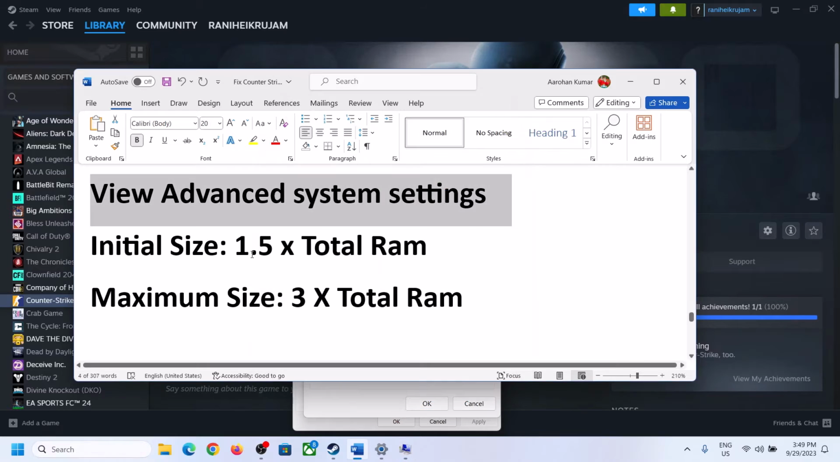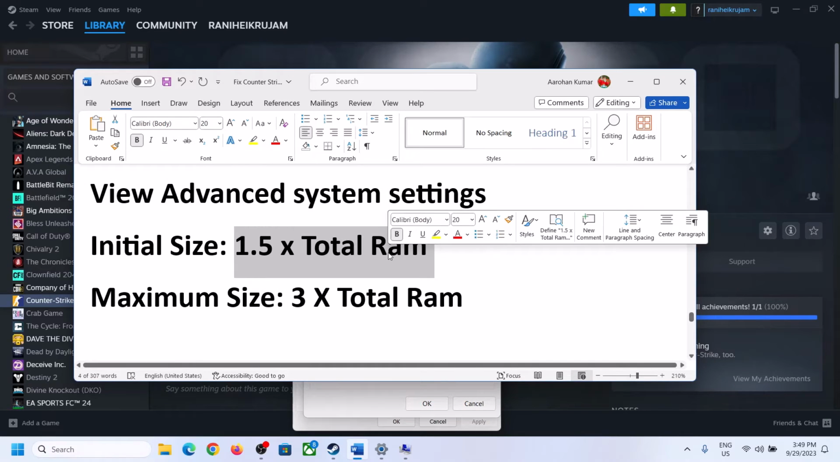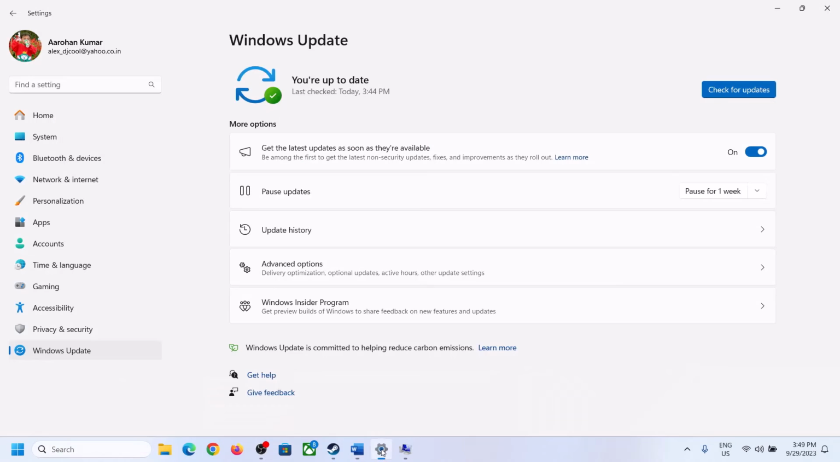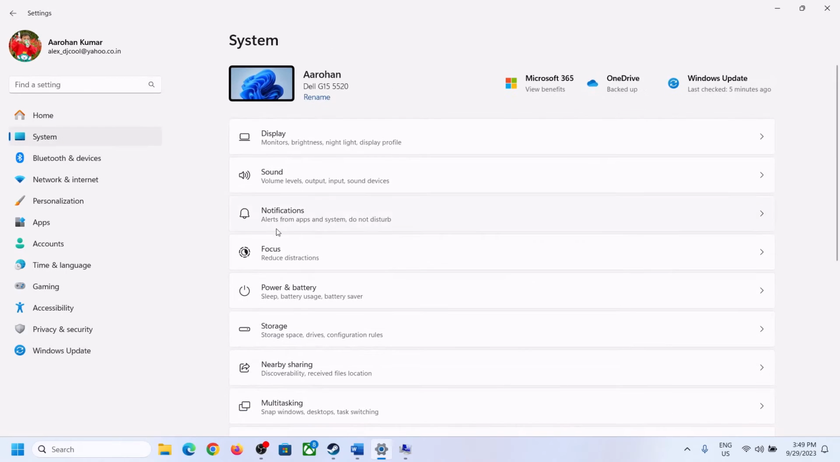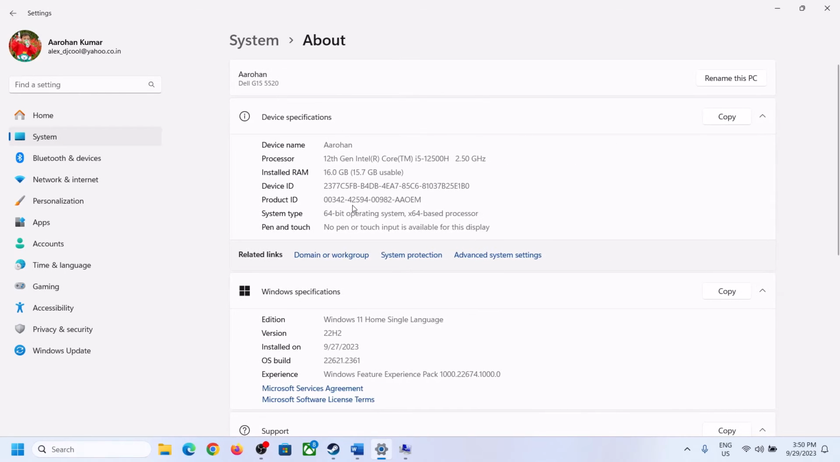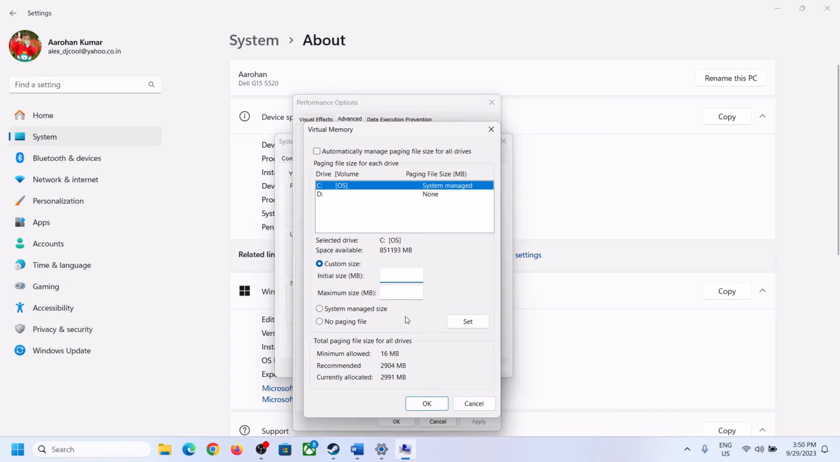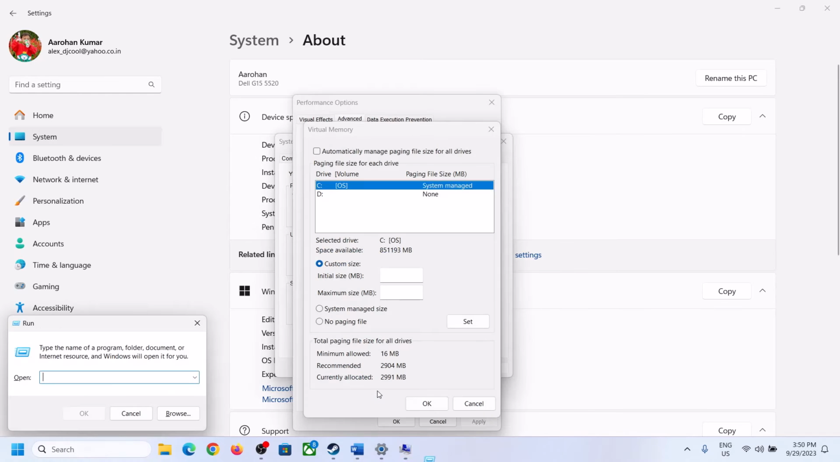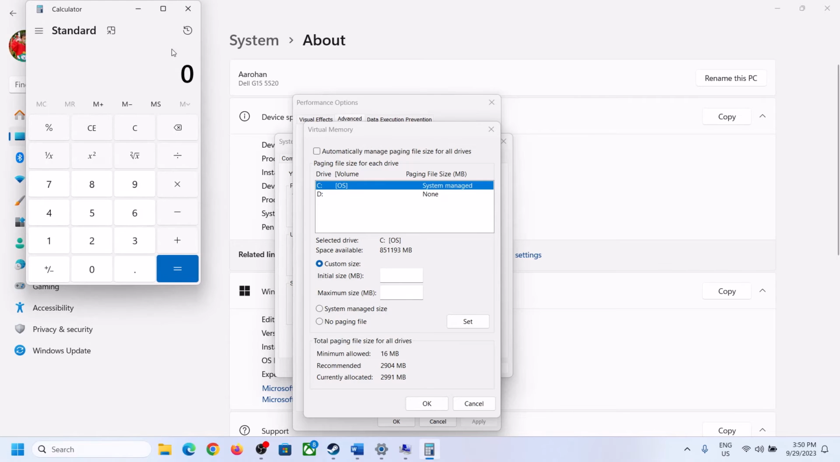and for initial size it's 1.5 into total RAM. So you can check the total RAM in Windows settings. You can go to system and then go to about, and total RAM in my case is 16 GB. So you can calculate accordingly. In my case it's 16 GB, so I will calculate as per 16 GB. So, first of all we have to convert 16 GB into megabyte. So we will open calculator. So type in calculator in run box and then click on OK, and over here